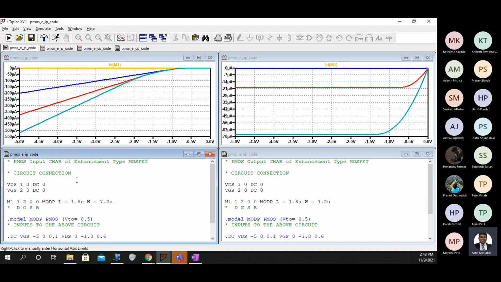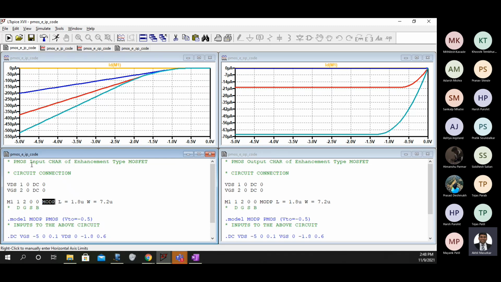Now what is the change? First thing, PMOS circuit connections are absolutely the same. Instead of mod n, now I have written mod p, and the .model command had mod n NMOS, now it is mod p PMOS.